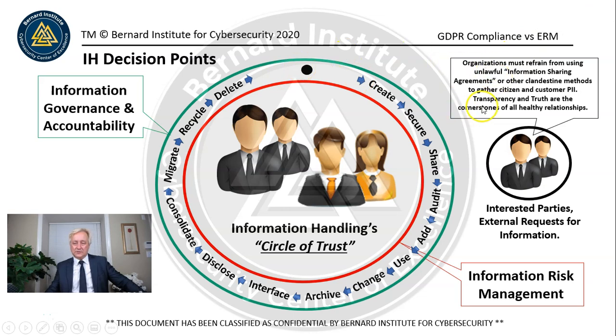Transparency and truth are the cornerstones of all healthy relationships. And so I think that's something that we need to work on. We need to trust each other, but we need to provide transparency of what we're doing so that we can trust each other. Interested parties include external requests for information. So a lot of times you hear about law enforcement asking Google or Facebook for information. They work closely together for a good reason, but